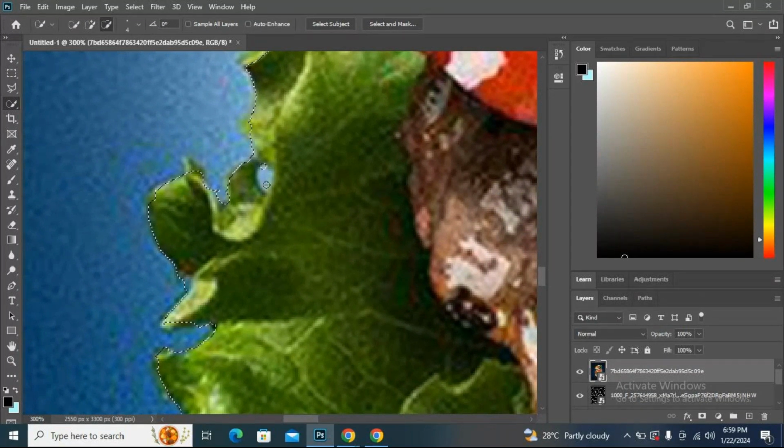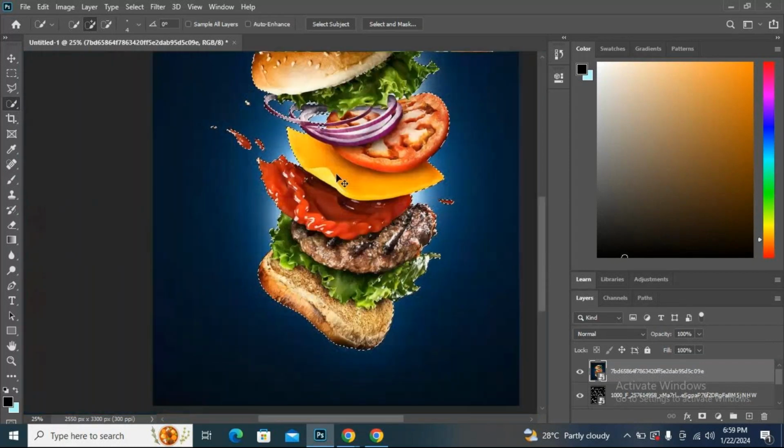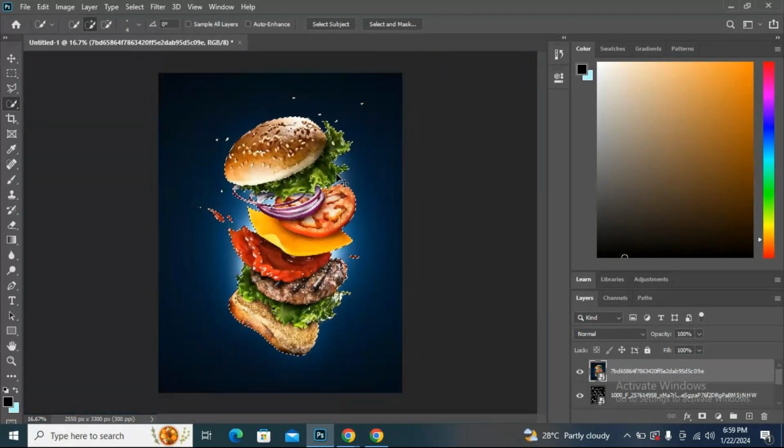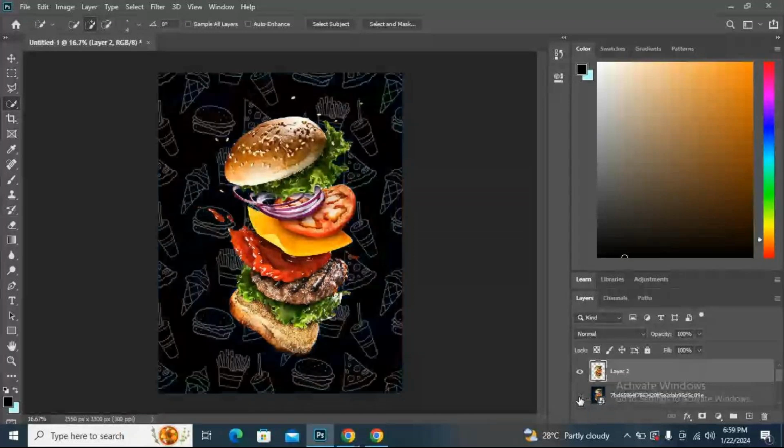Select properly. So now just zoom out, then Control C and V. So now you'll get the picture like this. And remember to